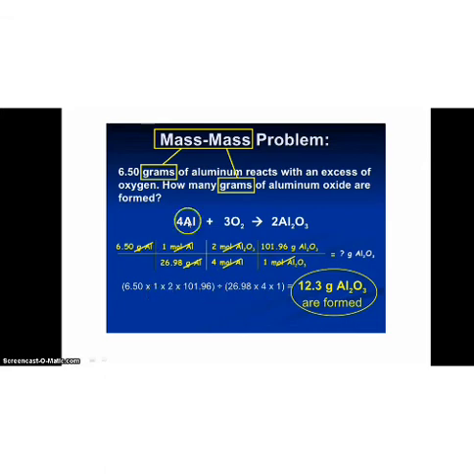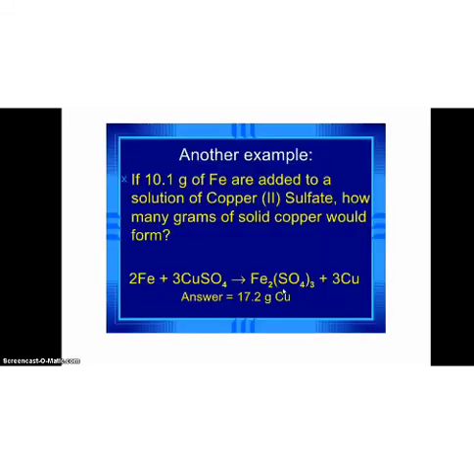Here, 6.50 gram of aluminium is reacting with 1 mole and also with 2 moles and again with 101.96. This is a bit confusing, but you just need to know how to calculate the mass in gram by the equation of mass in gram of aluminium divided by the molecular mass of the reactant. So, this is the equation for calculating.